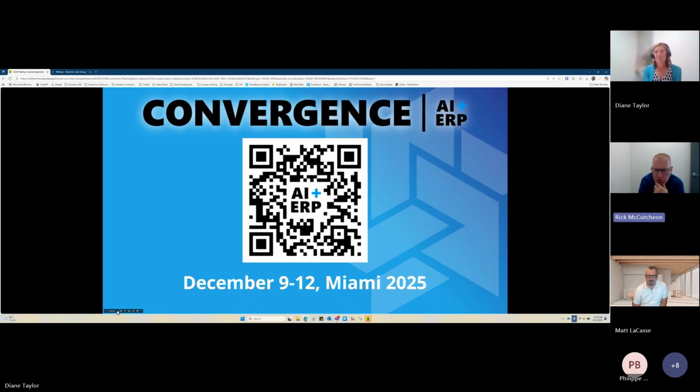So it's December 9th to 12th in Miami. This is going to be a great conference. It's going to be AI and ERP, so mostly focused on Business Central and F&O, finance. I'm sure there'll be some stuff around GP and conversions and a lot of things on AI. So very interesting. Keep your eye on it. I know there's some people out there who are trying to get Dataverse, CRM and CE added to this, and Power Apps, but this ought to be a great show. So there's the QR code, and I think I'm going to Miami on the 9th to 12th.